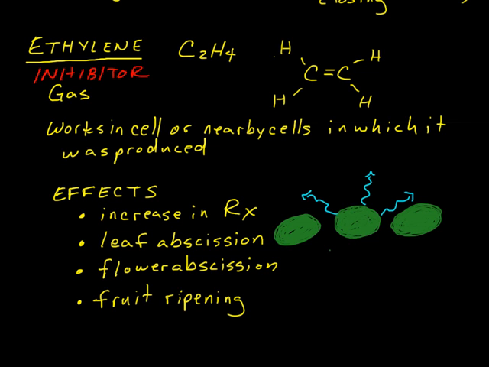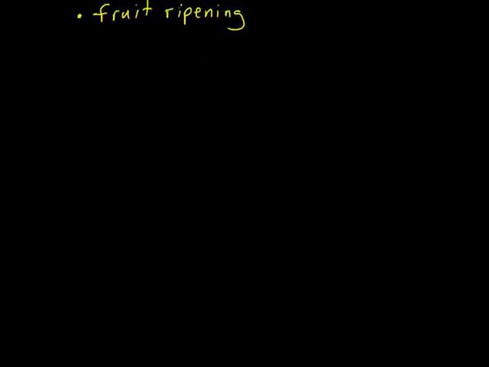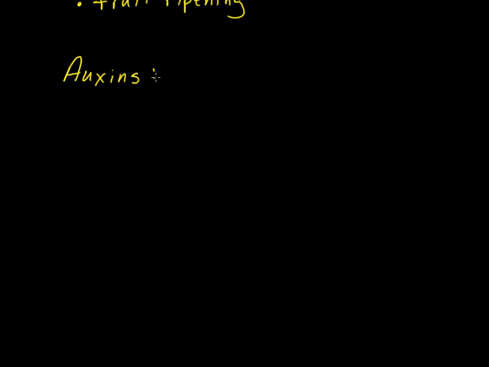So that wraps it up for what we call the endogenous hormones. There are a few other hormones that are prominent in certain species but not others, but these 5 hormones are what we consider to be the endogenous hormones. And just a quick review, I expect you to be able to tell me which are growth promoting and which are growth inhibiting. So here's how the list goes. First, we had auxins, and they are considered to be growth promoting and growth inhibiting. I'm just going to use P's and I's here.